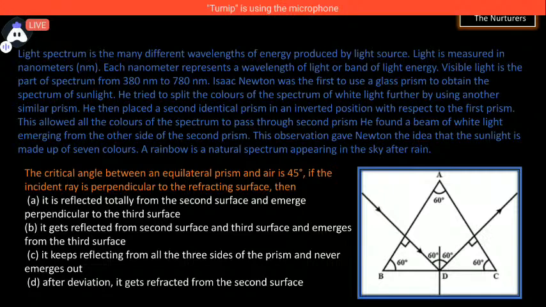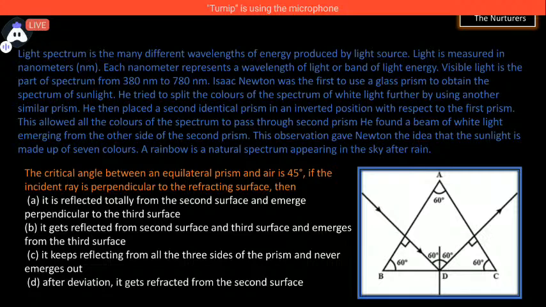Go through this question very carefully. The critical angle between an equilateral prism and the air is 45 degrees. If the incident ray is perpendicular to the refracting surface,